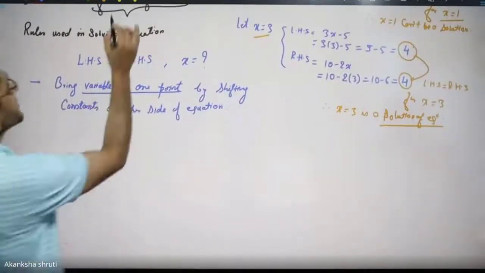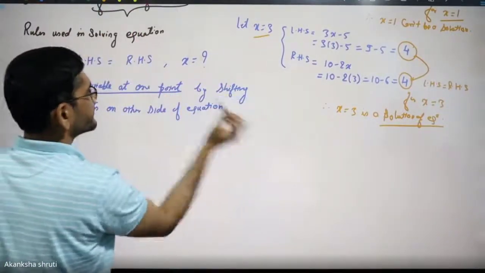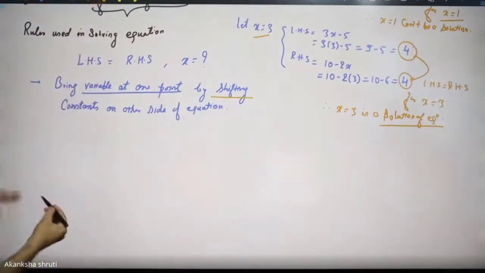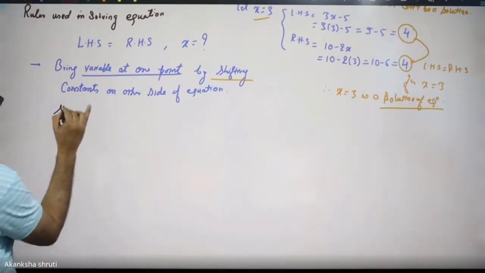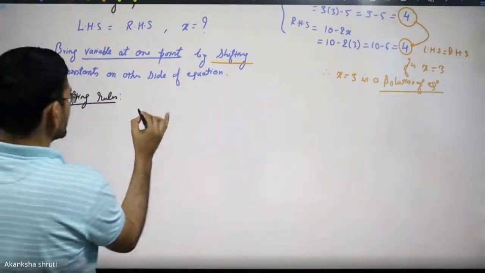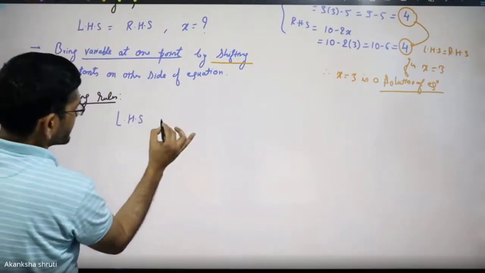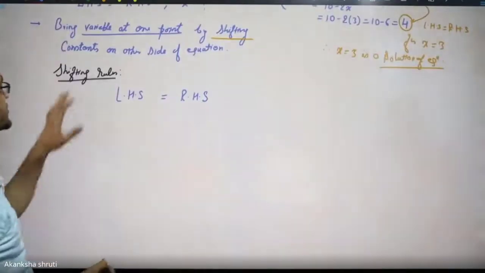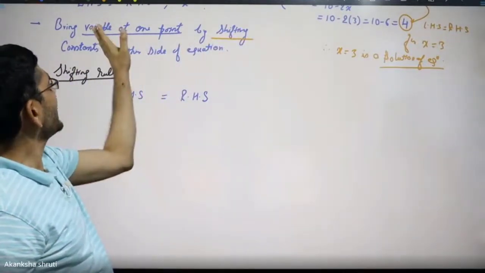But here the important thing is to shift. How to apply this shift from the left hand side to the right hand side? There are certain methods that we use. So write down the shifting rules. What are they? For the equations, we have something on the LHS, something on the RHS. Student, this shifting rule is applicable for both variables as well as constants.